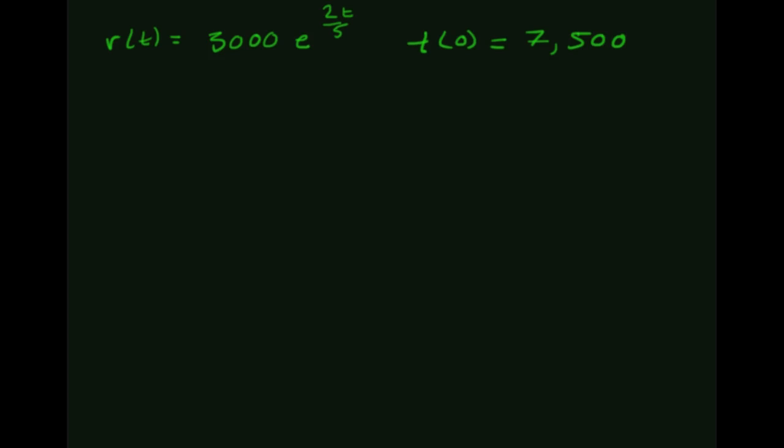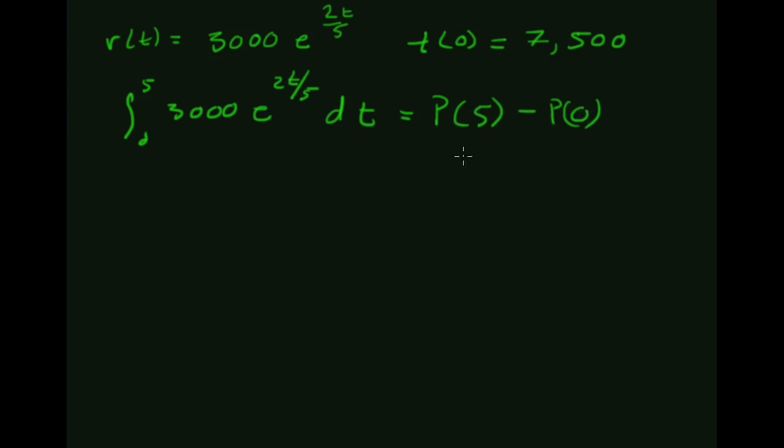All right, so this works just like an accumulation problem. We know that the integral from 0 to 5 of 3,000 e to the 2t over 5 dt should equal P of 5 minus P of 0. P of 0 is 7,500, so P of 5 is going to be